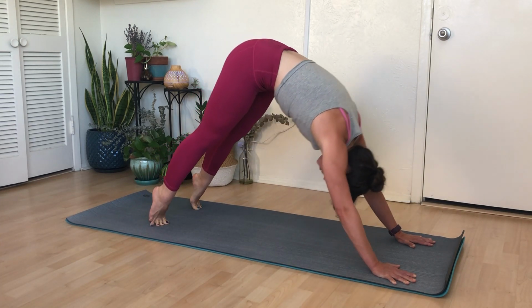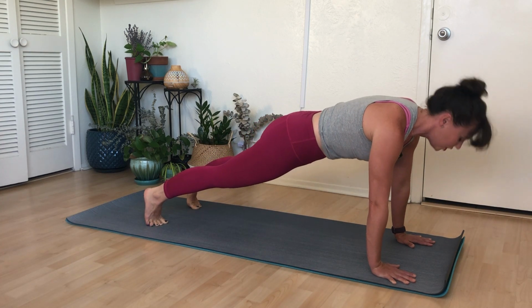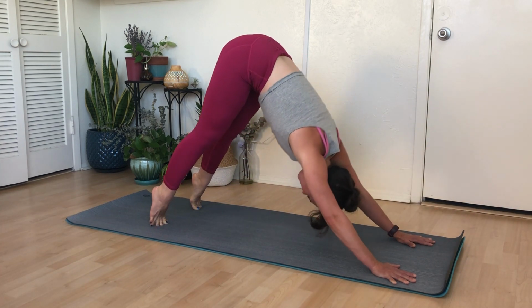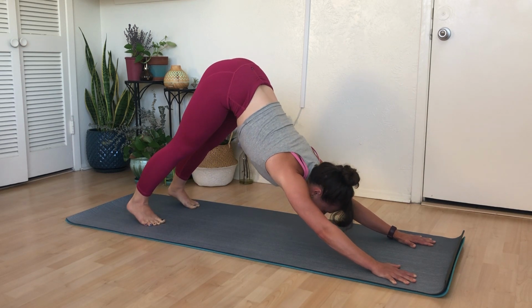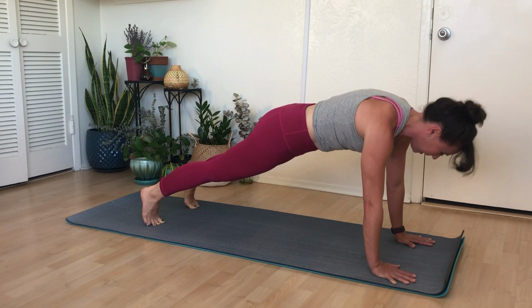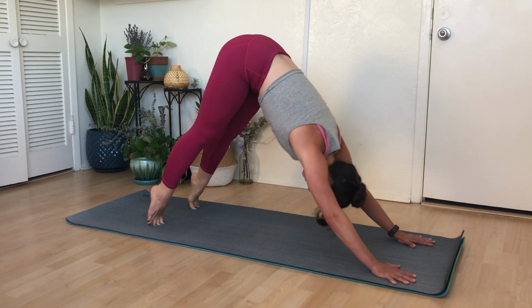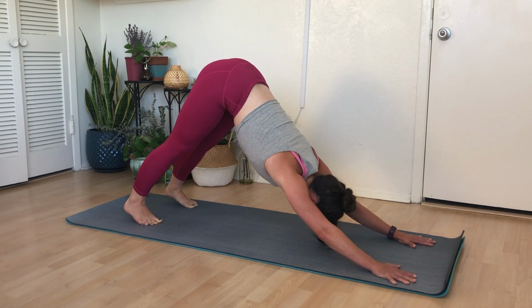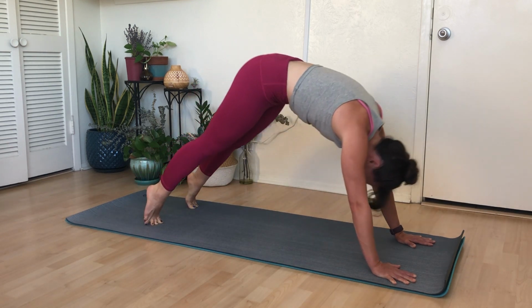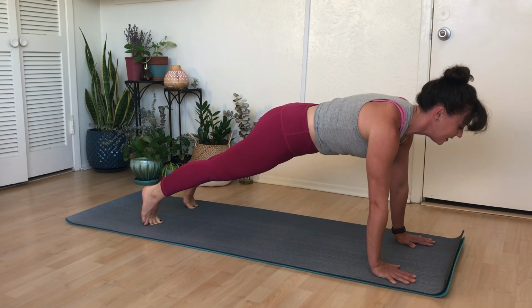Tuck the tail, roll, bring yourself back up to your plank pose. Chin to chest, roll back, find your downward facing dog. Tuck the tail, roll forward, wave into your plank pose. Last little roll back and forth. This time, wave into your plank pose, pause, take a great big full breath in, and let's lower into our